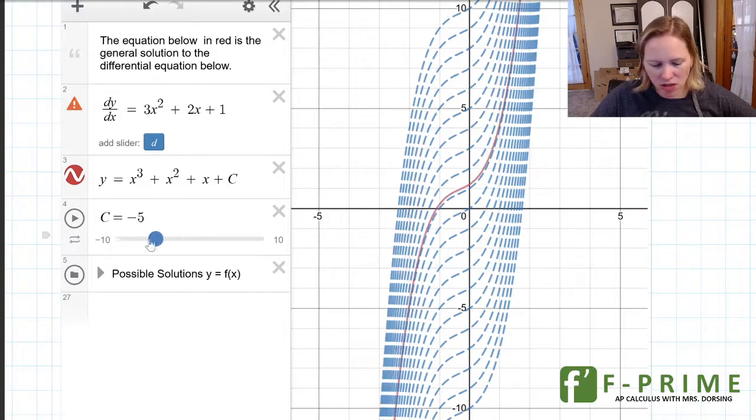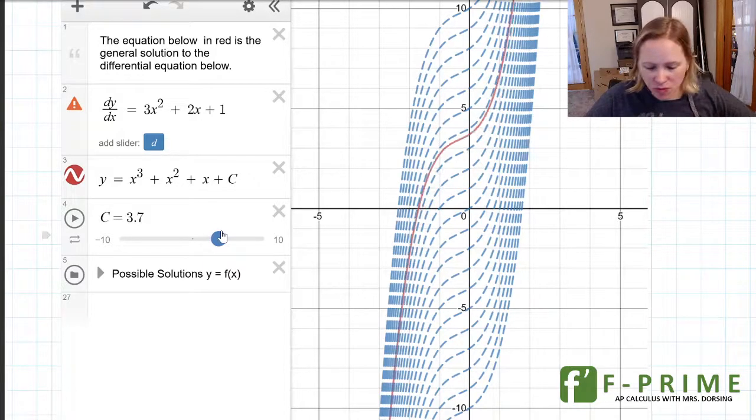Now these are the integers, so these are just some of them here passing through 1, 2, 3. So this is when c is 1, when c is 2, when c is 3. It doesn't include any of the spaces in between. So looking at my red line, it really could float anywhere between. But what this does is it gives me an idea where if I didn't know the solution, but I knew